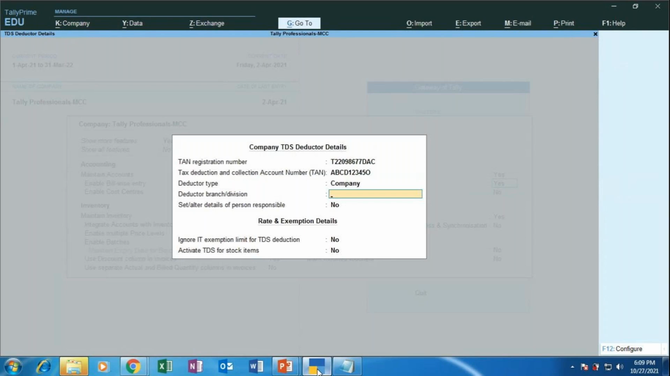So what is the particular jurisdiction under which this tax classification deduction application happens? That has to be given. So here I'll take it as Bangalore South. Okay, Bangalore South. Press enter, and now you have set or alter details of persons responsible, which means now if you